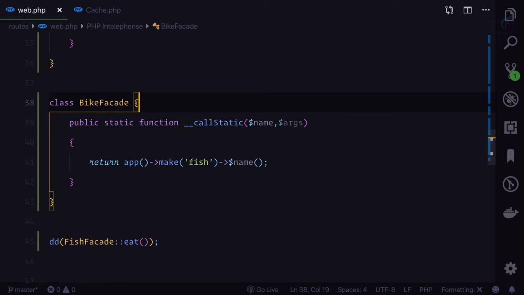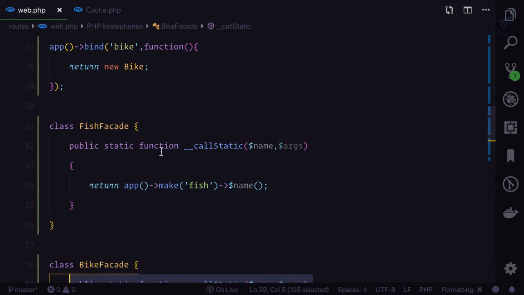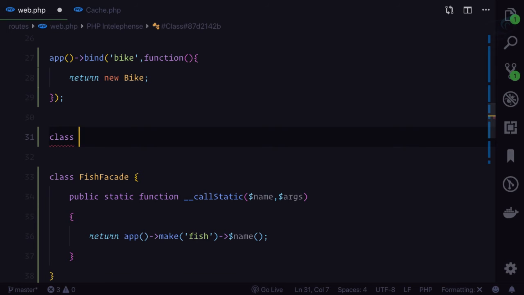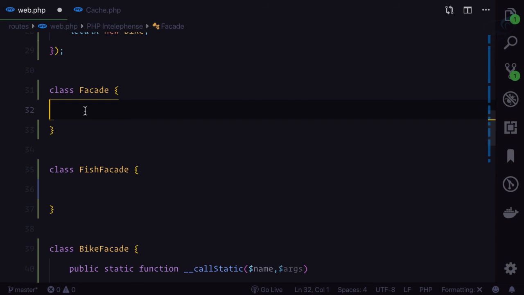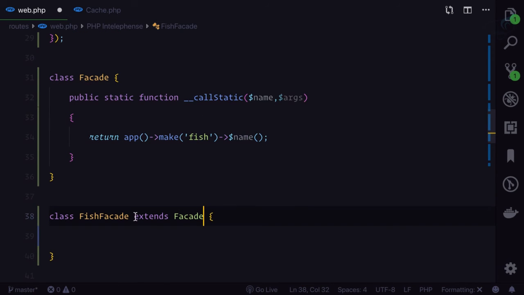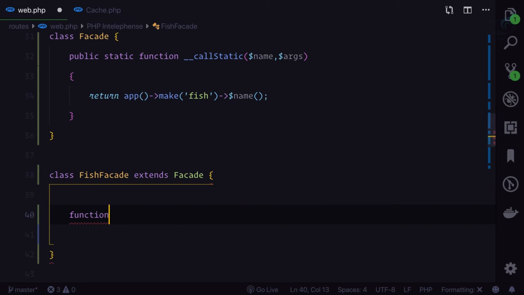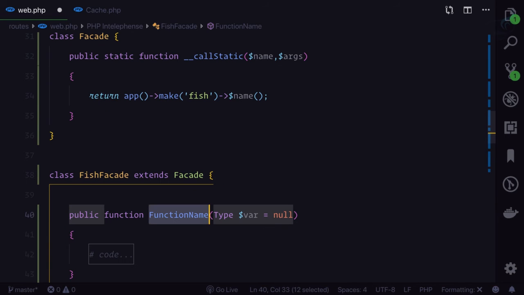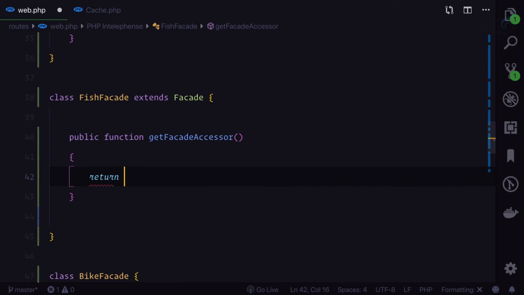But I want to make a general facade so that I don't have to write this static magic function again and again. So here I will create a class called facade, and I will move this magic function from here to this class, and now let's extend our base facade class. Now instead of this fish, I'm going to create a function here, and this function name is get facade accessor,